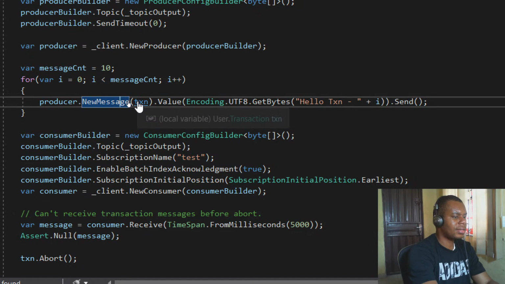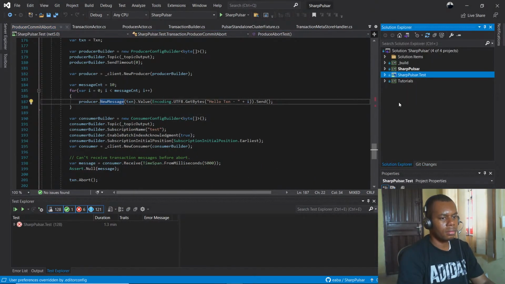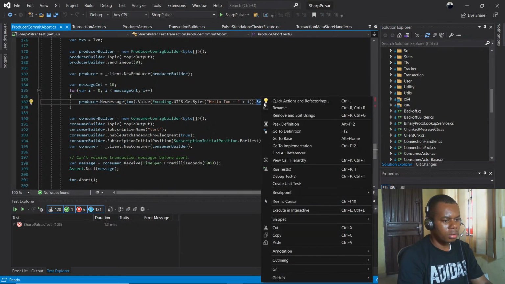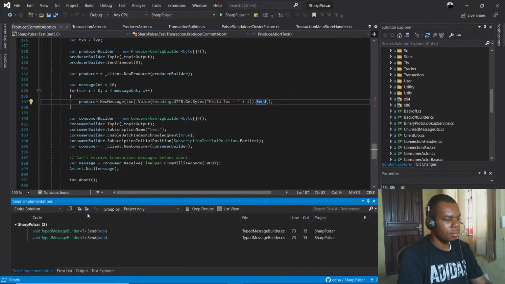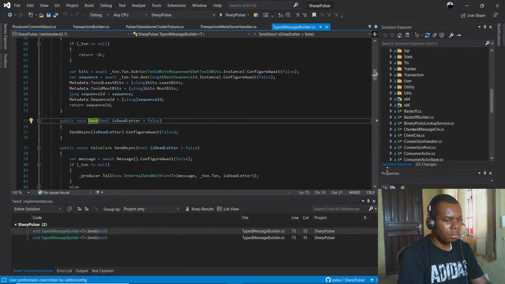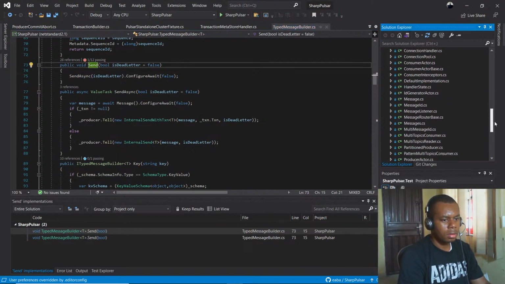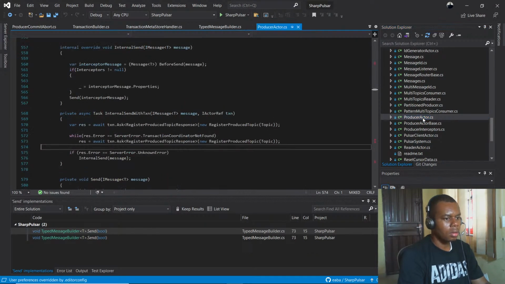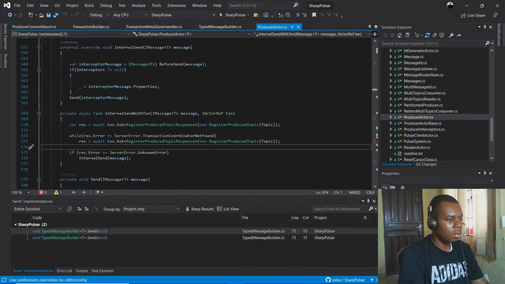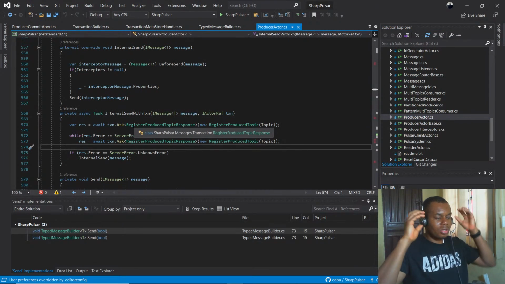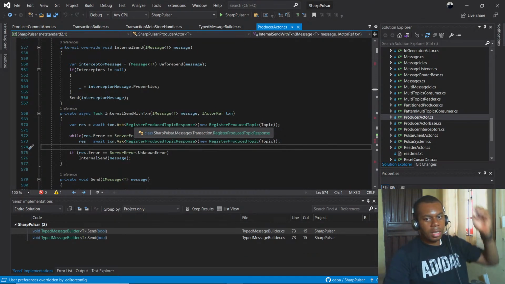What that does behind the scenes, let me show you. Let me go to the implementation, the producer actor. So when you send a message with a transaction, behind the scenes,